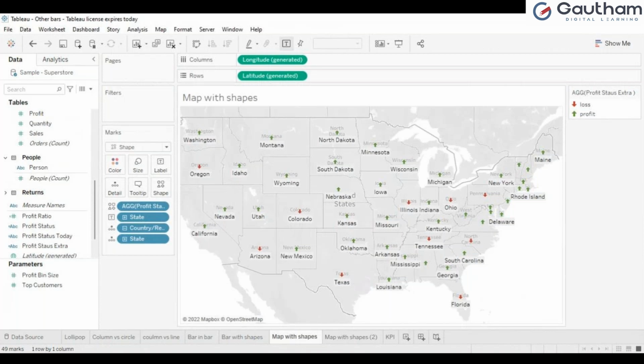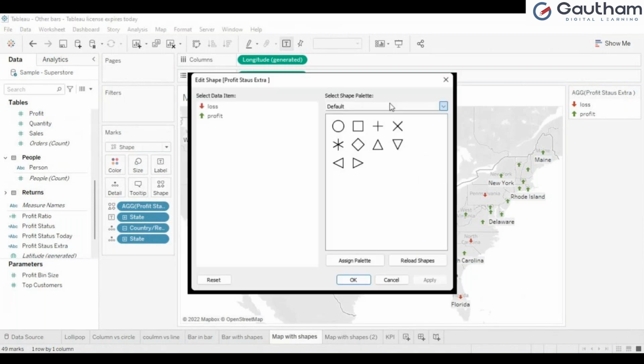I have already downloaded some images and saved them in a folder, my Tableau repository, on our desktops. In that there will be a shapes folder, and in that shapes folder there will be a bug tracking folder again. There I have saved two images. One is Modi, one is Trump.